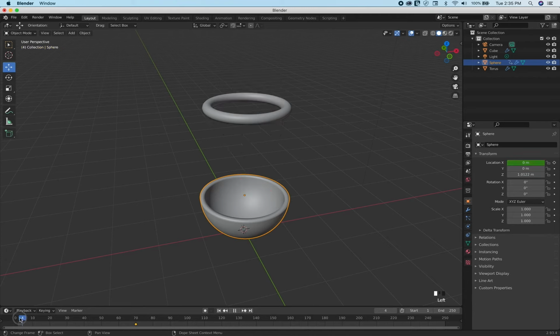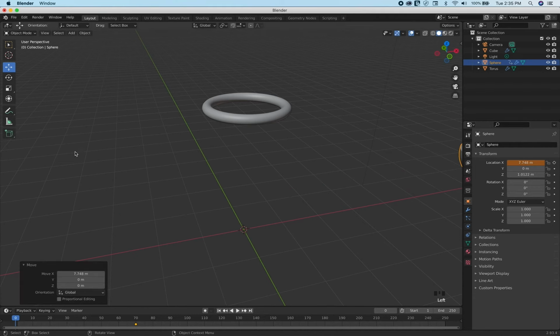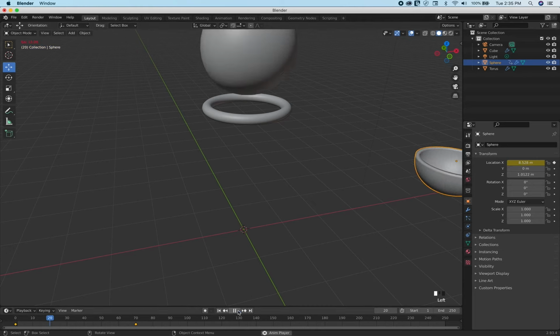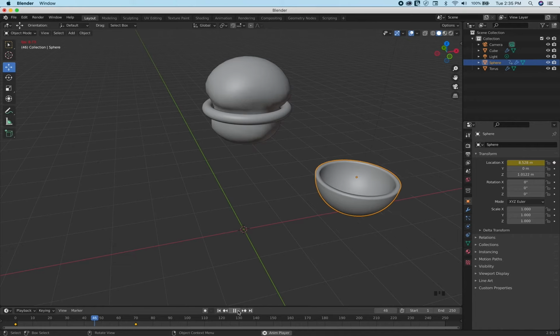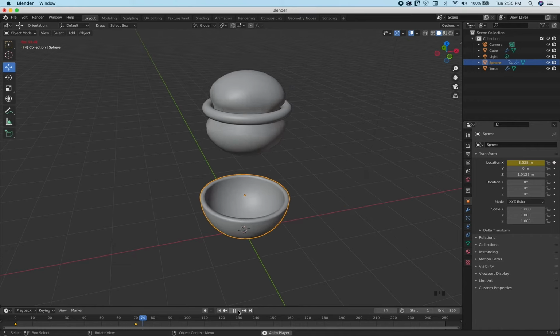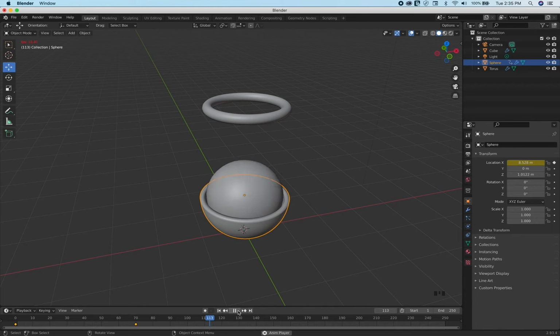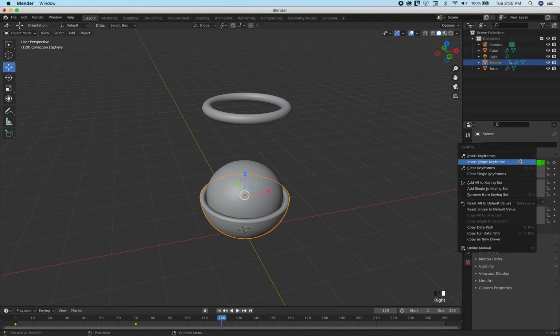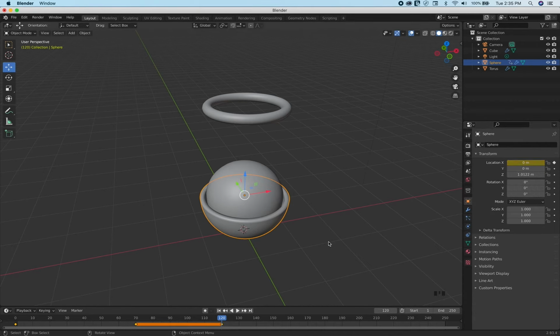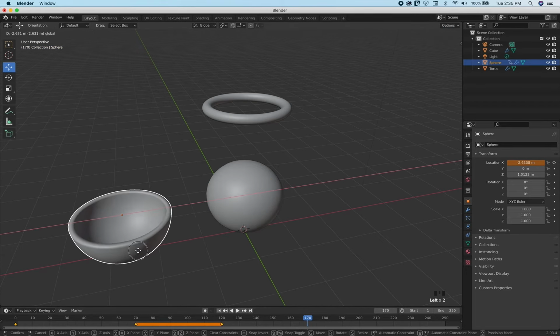Now go to frame 0 and drag this to x-axis like this, a bit more, and again right click and insert keyframe. Okay, now if you play, okay, at 120 again right click and insert single keyframe, and then at around 170 animate this container on the